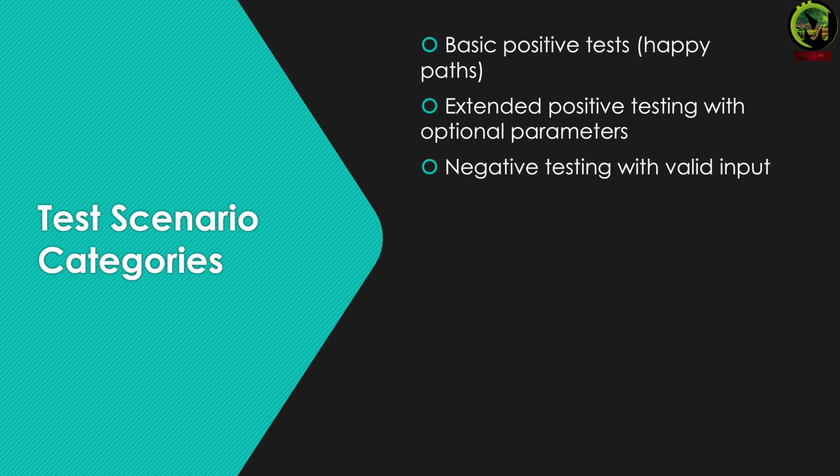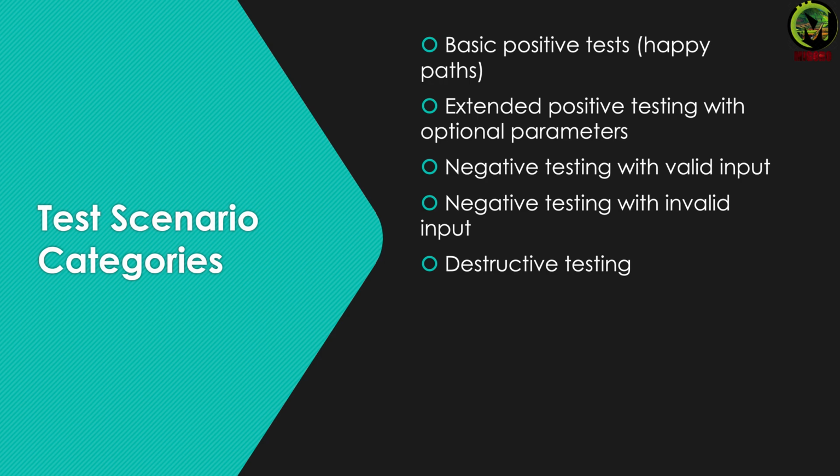Once we take care of the happy paths, we focus on all kinds of negative testing. We will start with valid inputs but in a negative way, and we'll also do it with invalid inputs in a negative way. Both of these would determine the robustness of the API in terms of handling invalid scenarios. As much as it sounds, destructive testing is kind of a misnomer. We don't really destroy anything, we just expose the chinks in our API implementation.